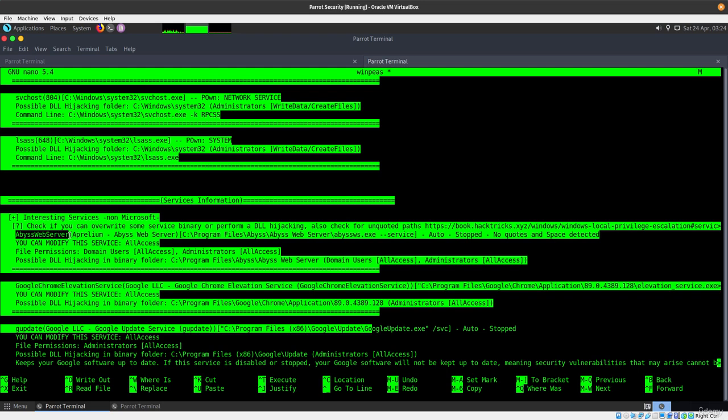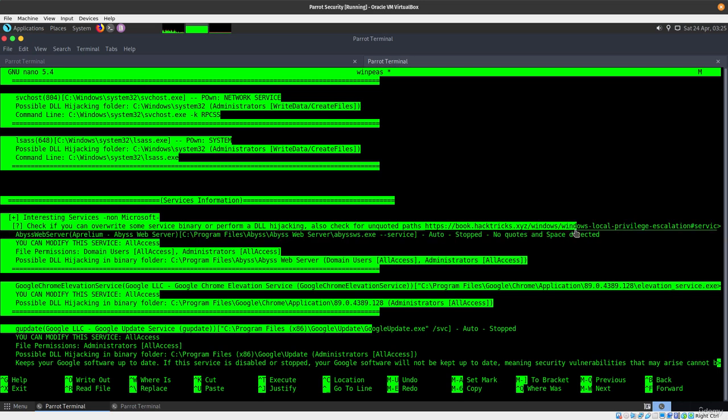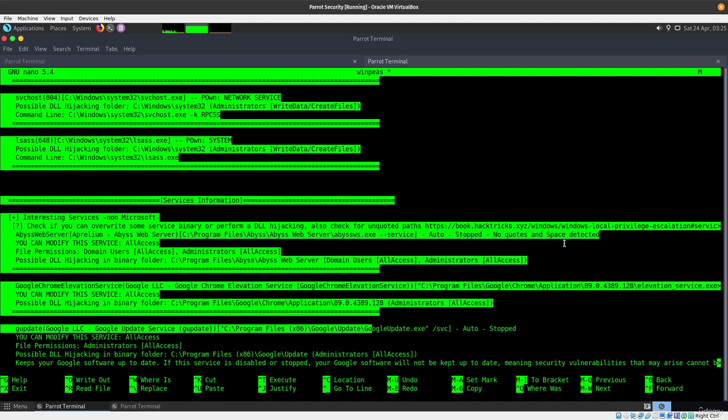So the Avis web server, you can see over here, and it is stopped right now, but it is on auto. So what we could do is some unquoted path, and this one I explained in my privilege escalation video, where I do it through an RDP session. But what we're going to be doing is using Evil-WinRM, and through Evil-WinRM we are going to upload it to this location over here, and we are going to create a